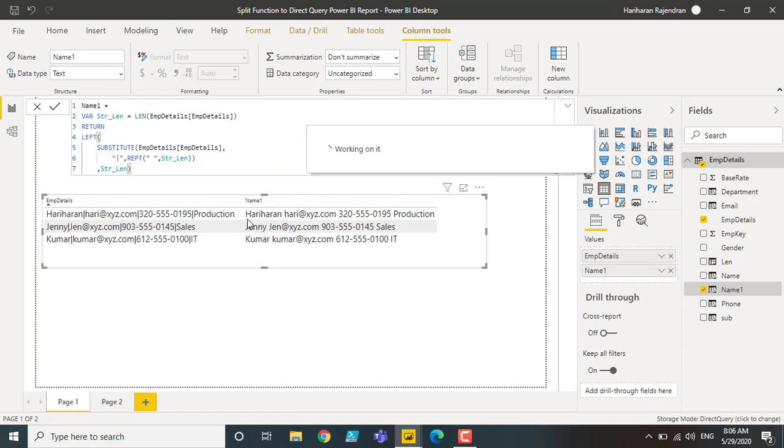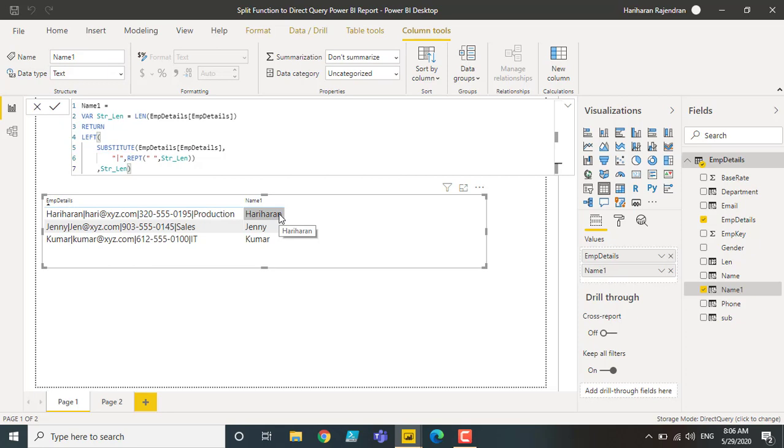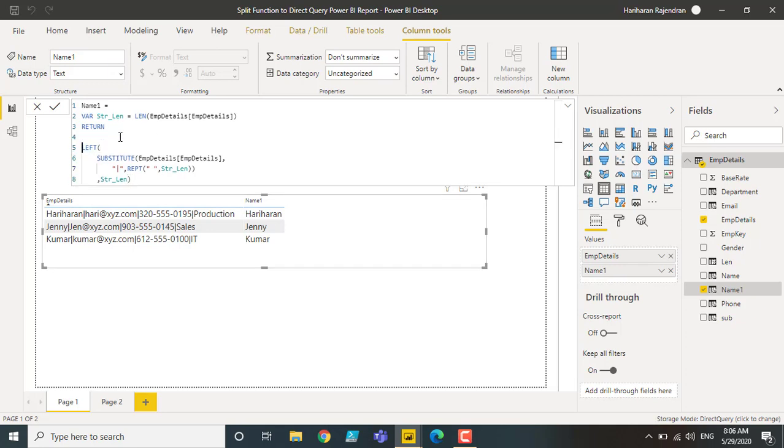Here we are going to get the first name followed by multiple spaces. You can see we have a correct name, but still we have extra spaces on the right hand side. So what we are going to do is use the TRIM function, which will trim the spaces. TRIM followed with the text, format it, close bracket. So now we got the proper result.